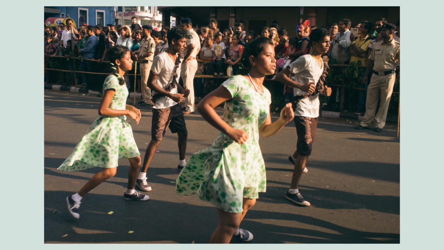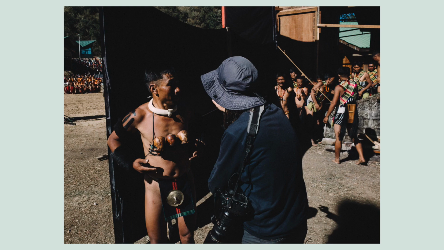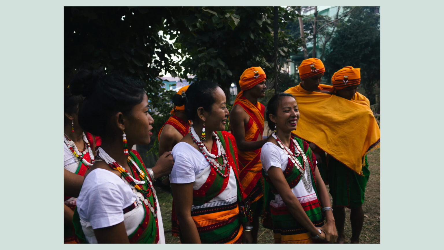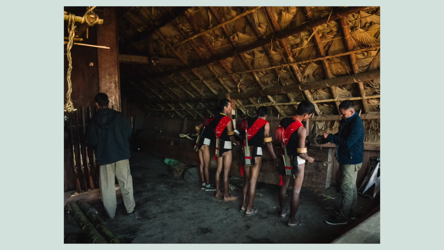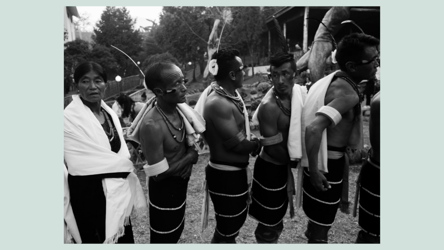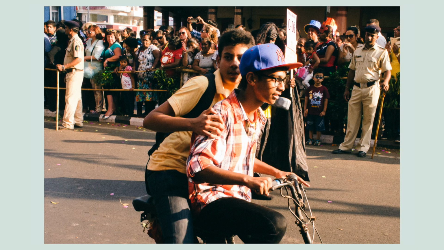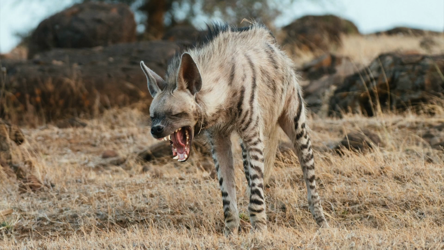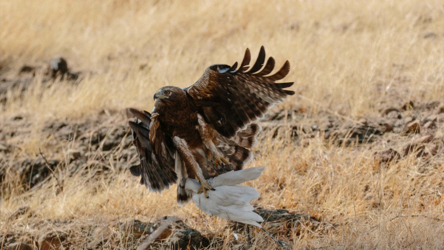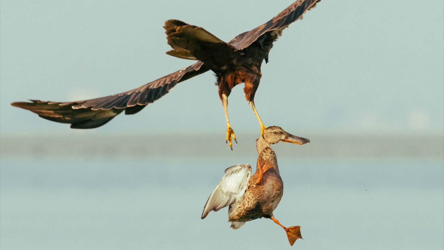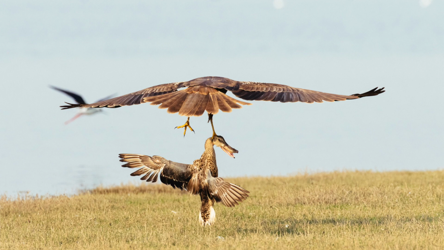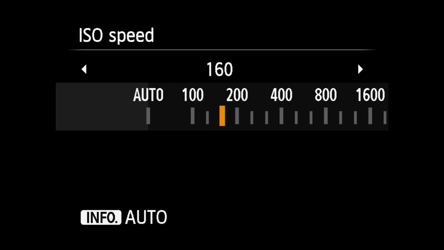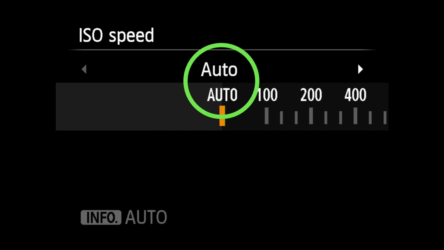If you're doing street photography in the TV mode, you want to set your shutter speed at least as fast as 1/250th of a second, or somewhere around 1/500th of a second, depending on how quickly you're walking around, to stand a better chance of clicking sharp pictures on the move. When you're clicking action, you would need to judge what shutter speed would be necessary to freeze that action and set it accordingly. You can set your ISO according to the available light or just set it to auto.